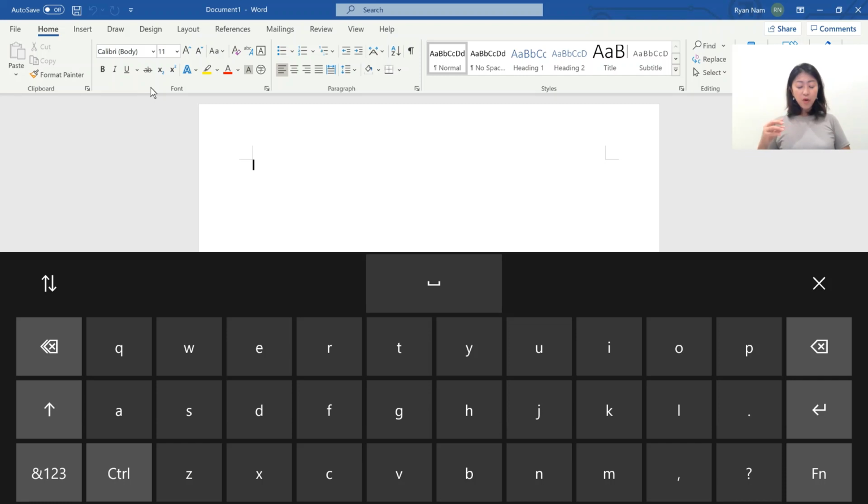So here, let me type, I'm using eye control mouse. The way it works is if I look at each key on this on-screen keyboard and then just look at it for a specific time, then it will click or activate that button. So let me type, I'm using eye control mouse.